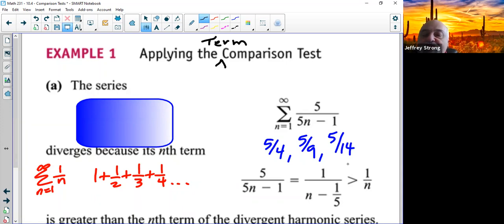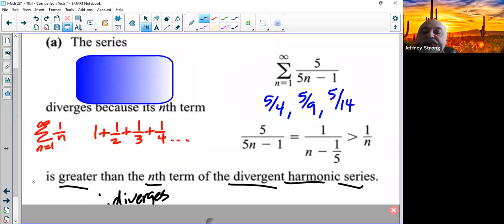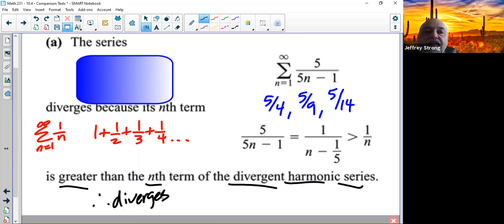All right. So now if you think, do you think that that's going to converge or diverge? So let's say we think it's going to diverge. Then what we want to do is compare it to a diverging series like 1 over n. So see, 5/4 is bigger than 1. 5/9 is bigger than 1/2. 5/14 is bigger than 1/3 and so on. Okay, and so if each term is greater than the nth term of the diverging harmonic series, therefore it diverges. Okay,